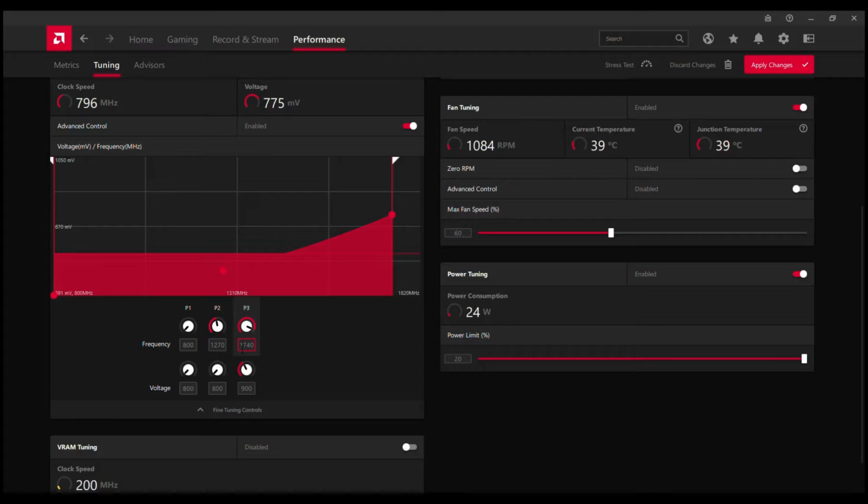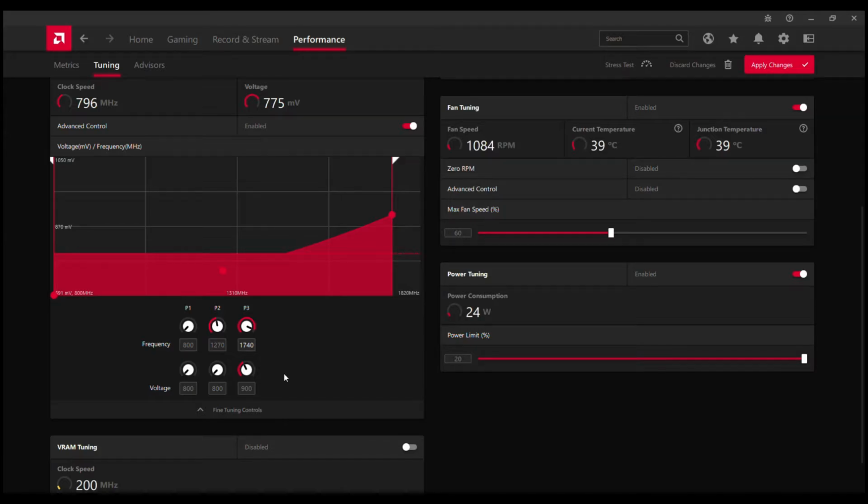The most important value is frequency in P3 state. So I noticed this advice on AMD forum, where the user has the same GPU as me, and he recommends to lower this frequency to 1600.